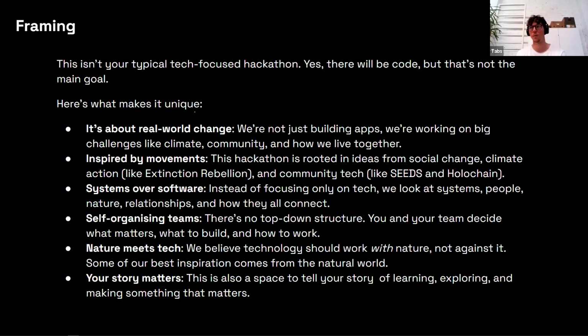One of the key things is that this is as much about social organizing as it is about technology and writing code. It's as much about learning how to form organizations in a living systems way. And that comes from kind of many lineages of systems change practices and social movements. And we're excited to share these with you as we go.